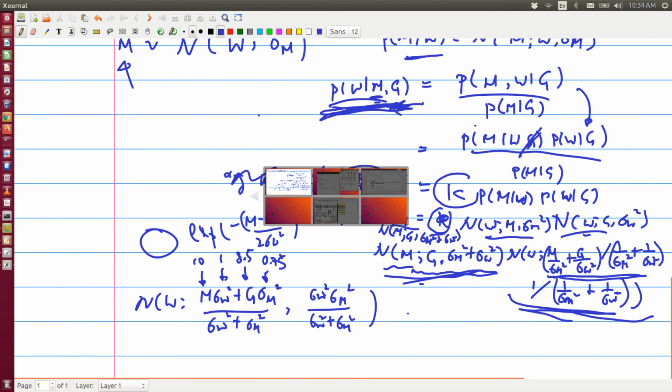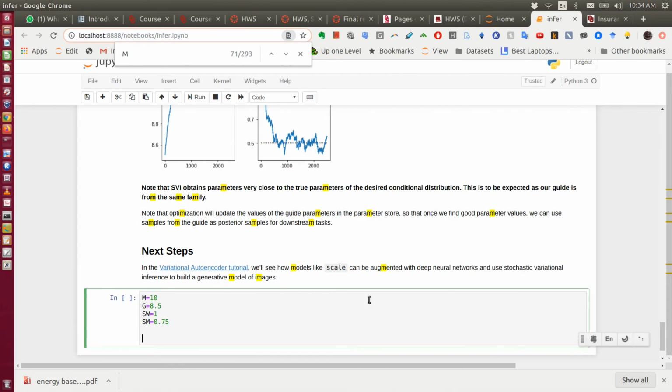And then the estimated mean for the weight will be g times sigma m square